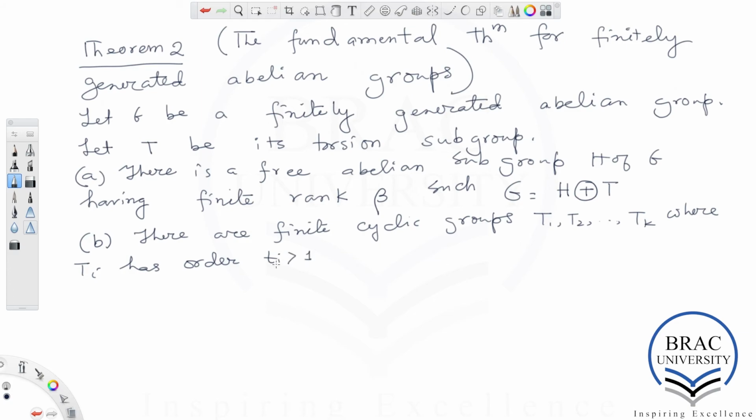And what's the order of a subgroup? The order means the number of elements, the cardinality of the group.